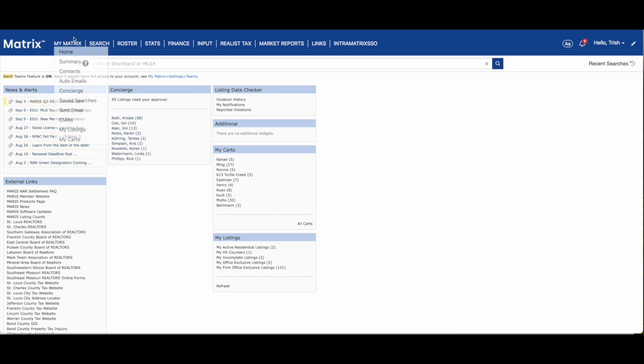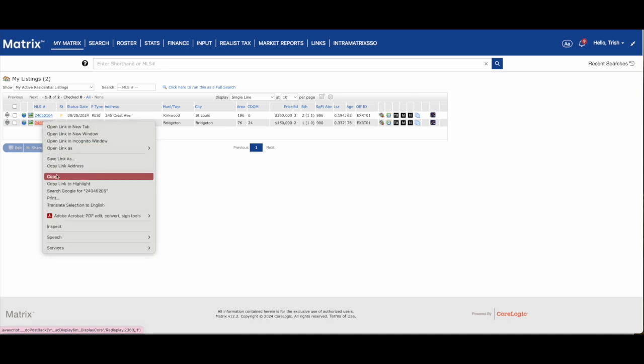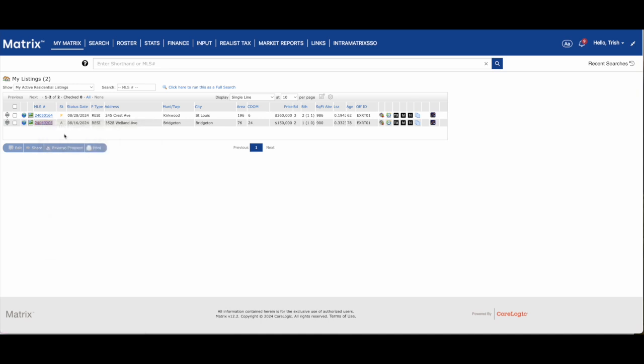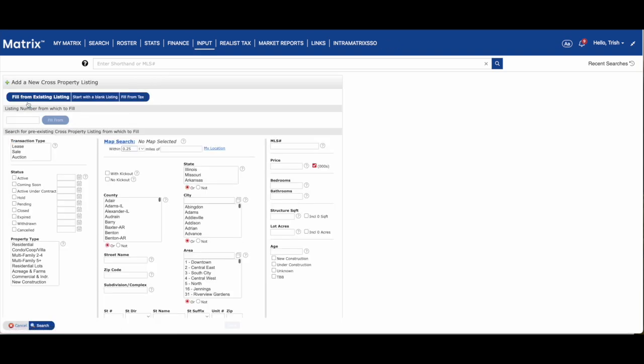So we're actually going to go into my matrix, scroll down to my listings. Now this is being recorded at a different time, so you're going to see different houses here. But what we want to do, we want to right click and copy that MLS number. Then we're going to go to input up here at the top, add new, residential data, fill from an existing listing, and we're going to paste our MLS number right in there, fill the